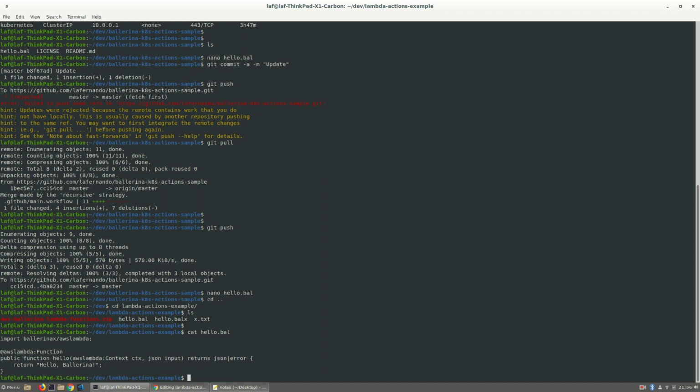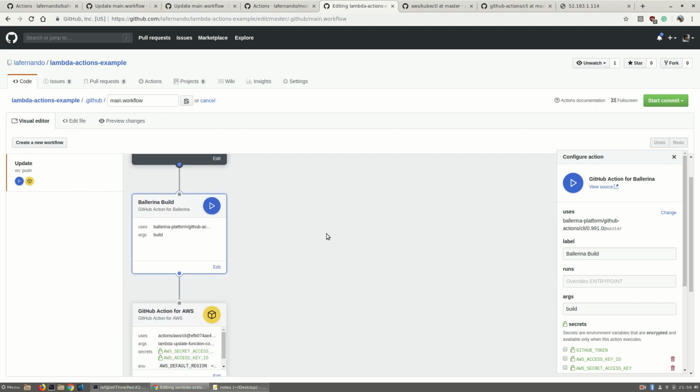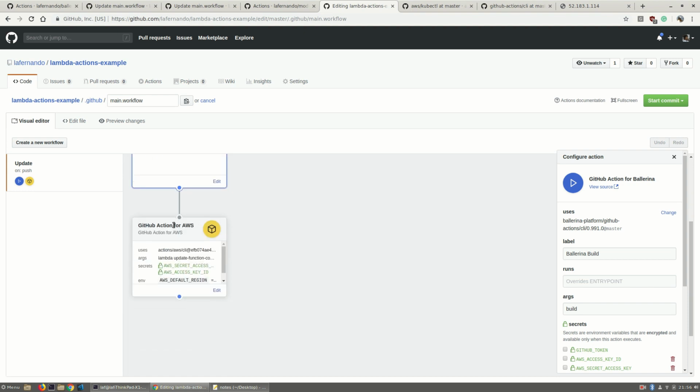So there also it's a simple function that will just return hello Ballerina. And what I have done is I have built the code from the first action, which will build the AWS Lambda artifact, the zip file. And in the second GitHub action,